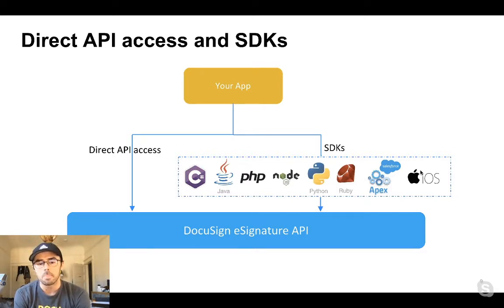For example, the iOS SDK has a feature called offline signing that allows you to enable your end users that are off in the wilderness and may not have access to cell signal to still receive signatures on their phone and upload those signatures later to DocuSign. And so we have a bunch of customers now that really appreciate that, as cell signal is always touch and go in certain key areas. So you have two options.